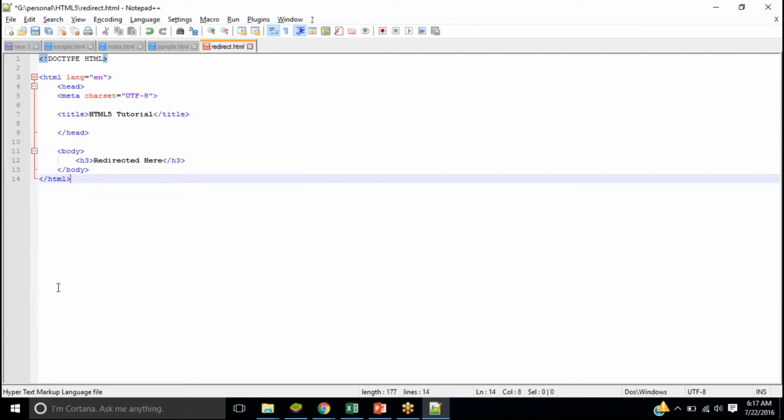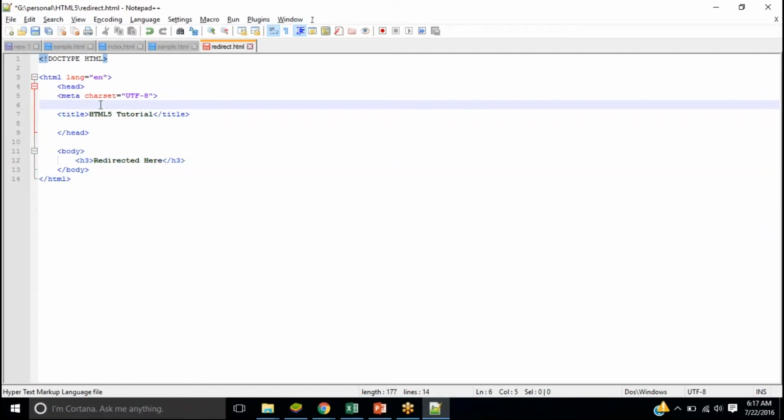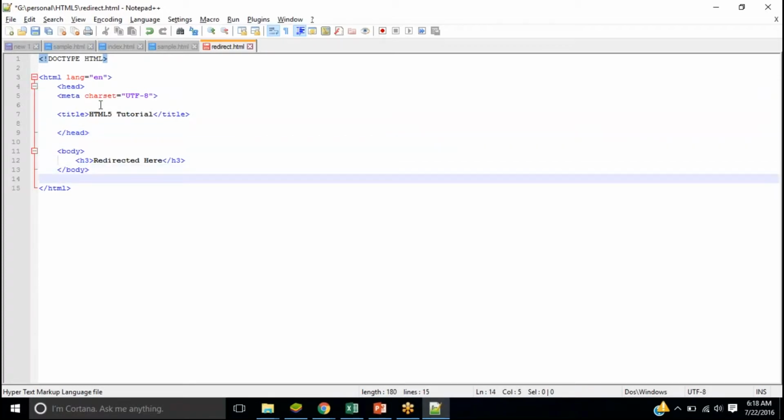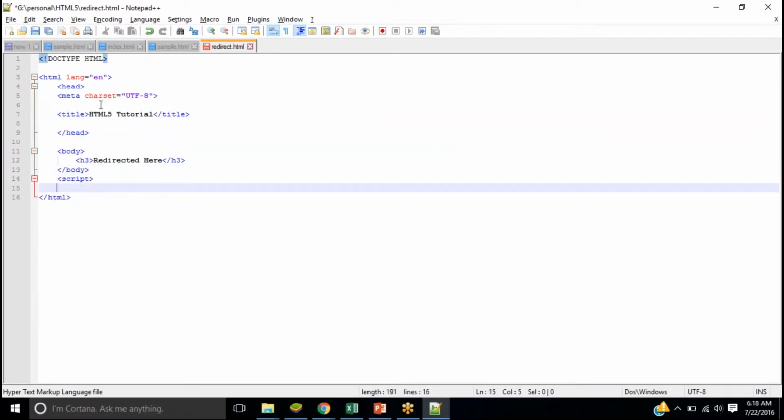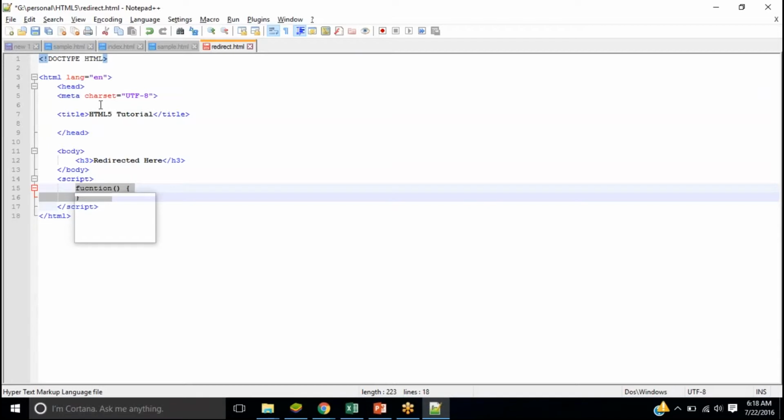Another important point of commenting is that we can comment JavaScript inside the script tag also. Let's say, I was telling you on the first day about the script tag, right? So this is one tag. Yesterday we already discussed what the script tag is. It will actually load scripts, right? So let's say I have my JavaScript here, a function, whatever. Now by default this function will be executed. Let's say I'll have an alert, a simple alert.